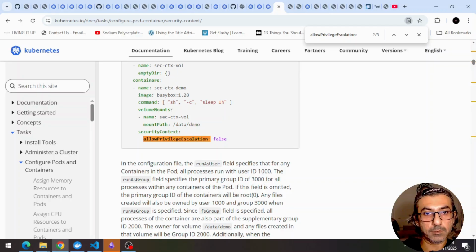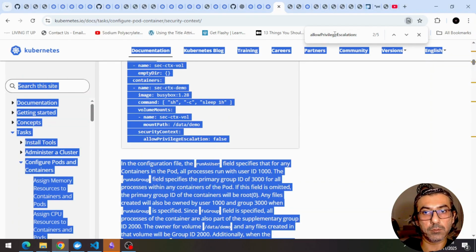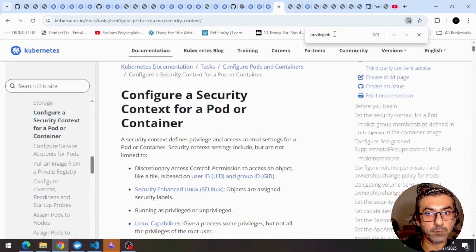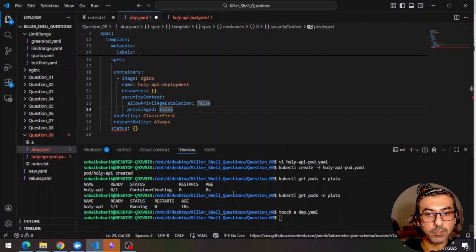And see, it's correct. Now we need to make sure, let's look for privileged is not there. Okay, so what we can do, another way to do this is type